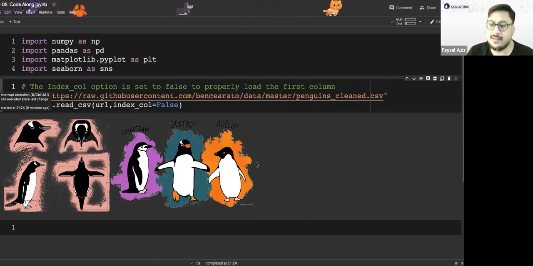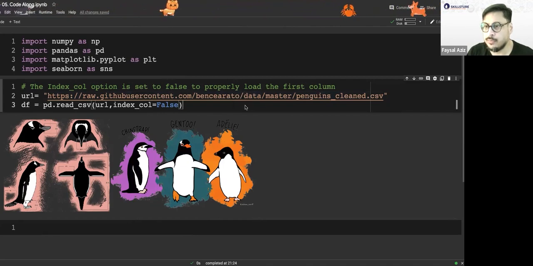Some scientists went to an island and measured the flipper length, the beak length, the beak depth, and some other length and depth, and also recorded what species of penguin it was. There's chinstrap, Gentoo, and Adelie. So this is the data that was stored.